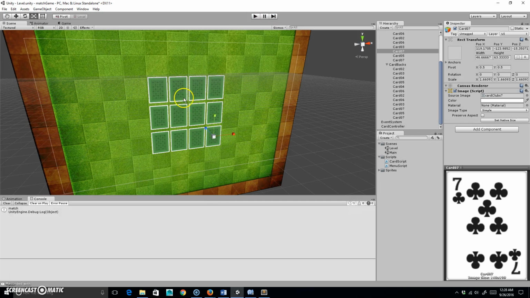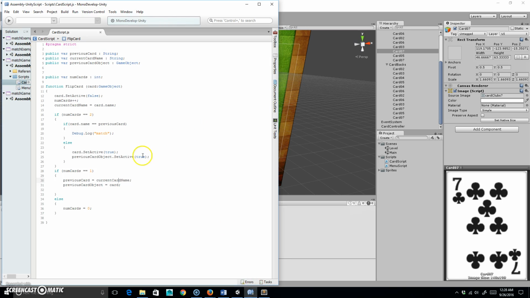So what I want to do is make it so that it waits a second and then turns it off. There's a bunch of different ways to go about doing it, but basically we have to do what's called a coroutine. We have to call another function, make another function in order to make that happen. So instead of this, which, where is it? Right here, where I turn those back on, the back ones, to flip the card back over immediately, I'm actually going to call a